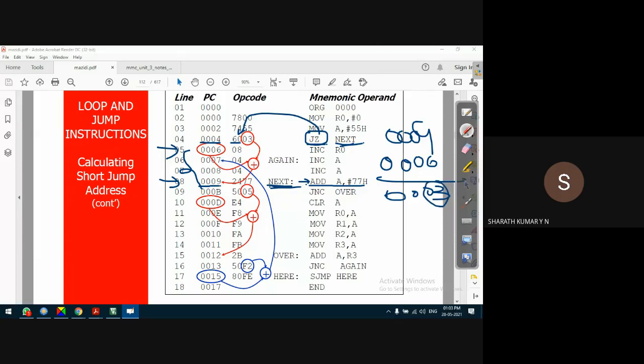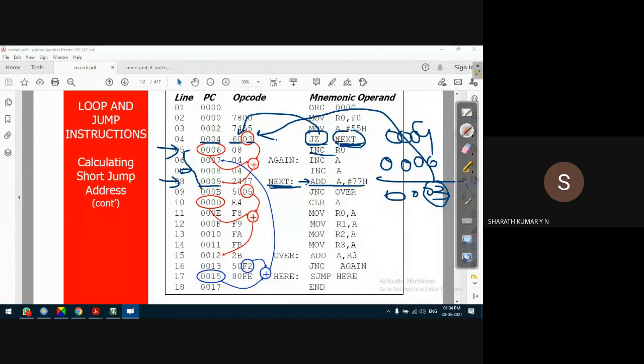This 03 is stored as the operational code for the target address, which is represented by a label. And this operational code becomes part of this instruction. 60 represents JZ, 03 represents the target address, which is represented using a label. Very simple.